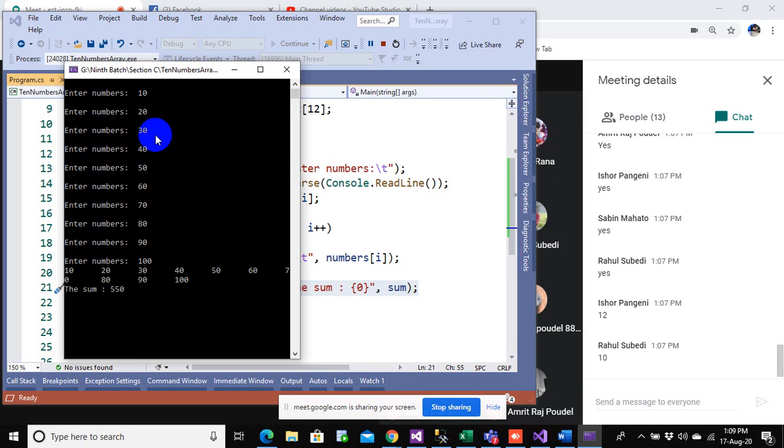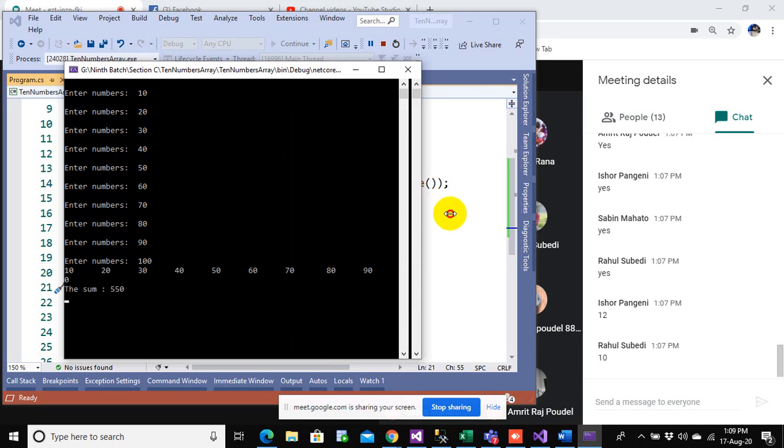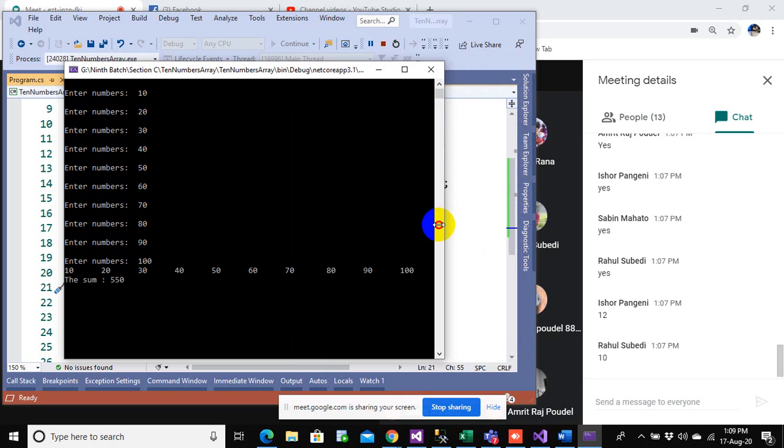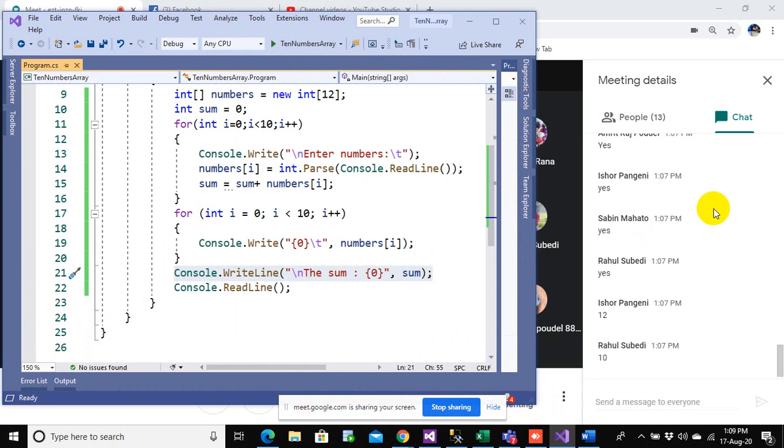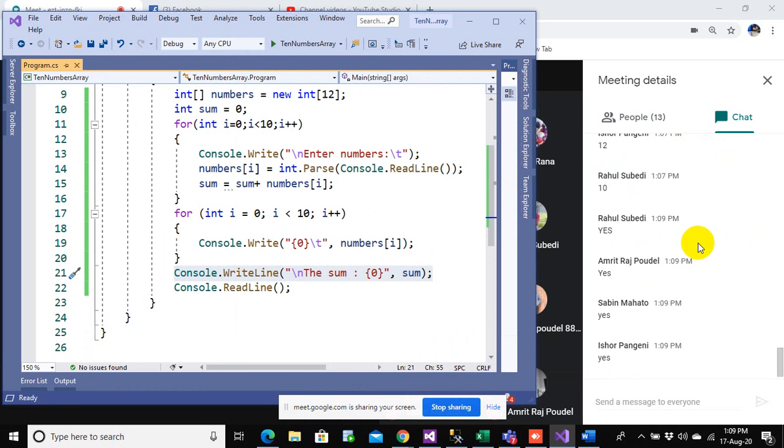And this gives me the sum of all these elements. So does it make sense to you now, everyone? Are you clear with this? If you are clear, please write yes. If you're still not clear, write no. Okay, so it makes sense to you, everyone, right?